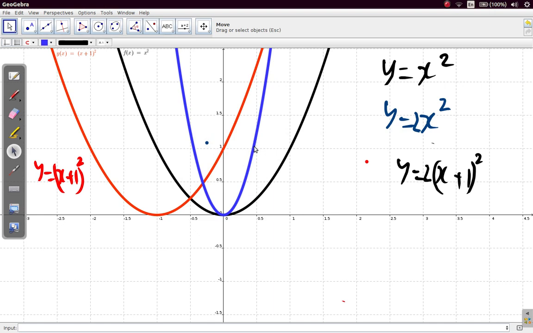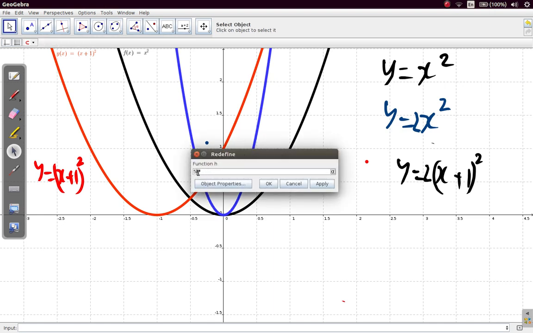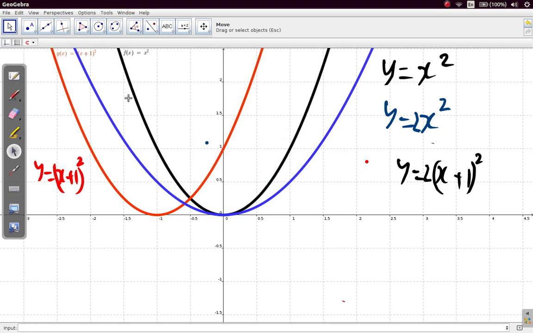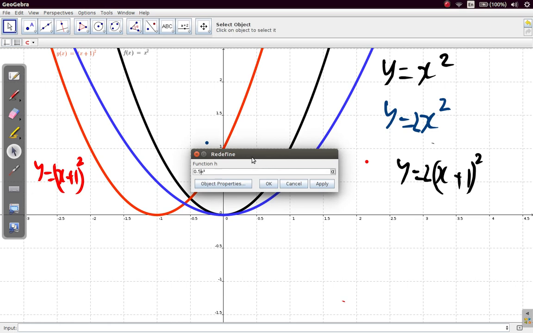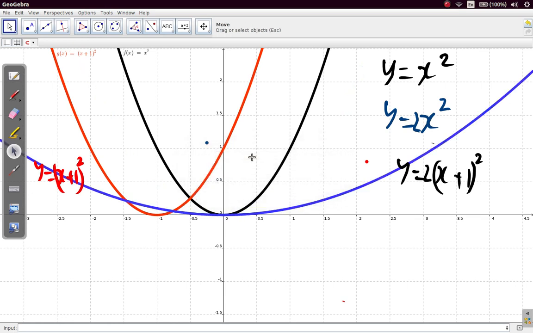Now suppose we say 0.5x squared then. 0.5x squared makes it flatter. 0.1x squared, even more flat. All right,